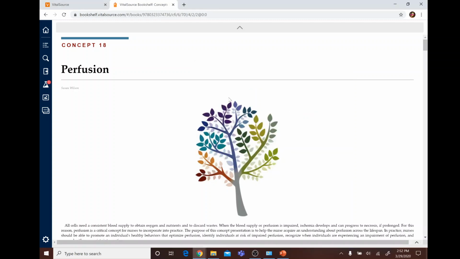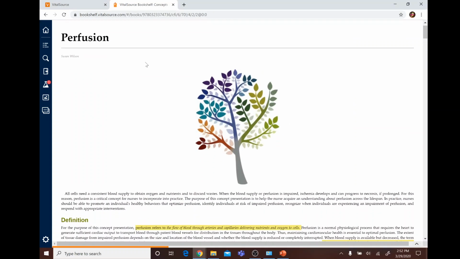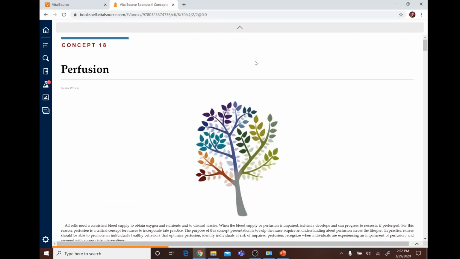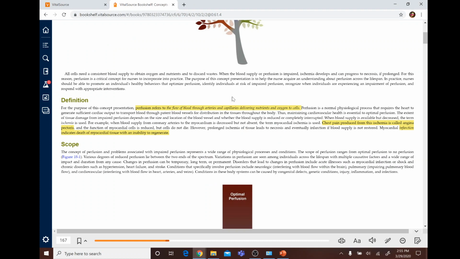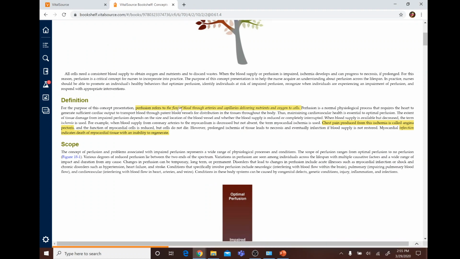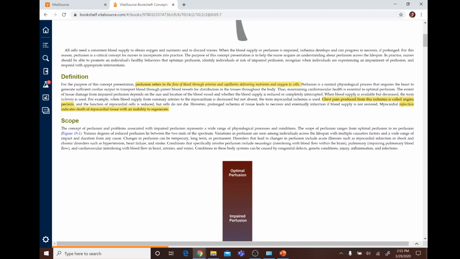Okay, now we're going to jump over to the chapter with the first perfusion. We're going to go through this, and then I'm going to come back, and we'll talk about things that I think are important. So as we know, perfusion is the flow of blood through arteries and capillaries that deliver nutrients